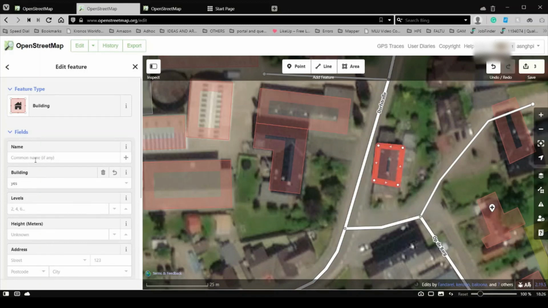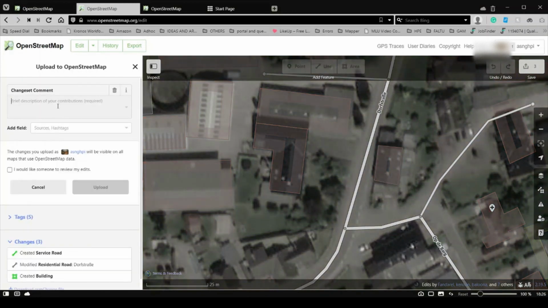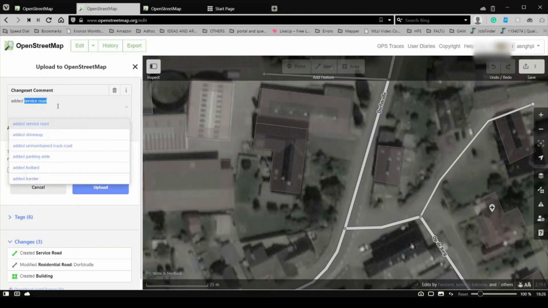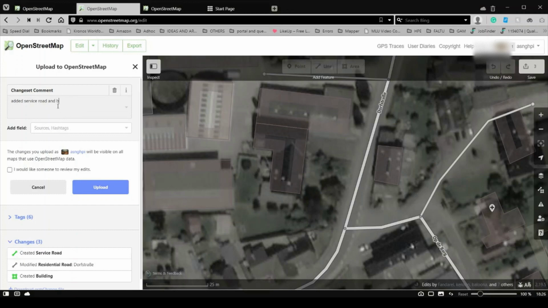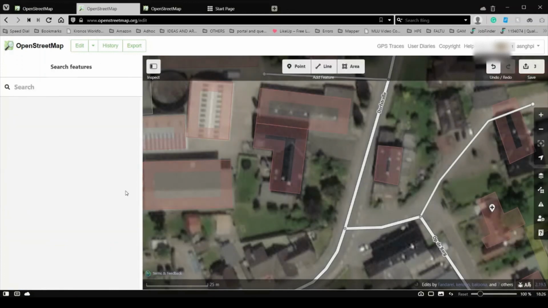The area will turn red to let you know that it has been created. A dialog box will appear next to the map editor and allow you to label the area you have just defined. There are numerous options. You can be as specific or general as you like depending on what information you know. Again, it is okay if you do not know the specific name of the area. You can leave the section blank, as you will most likely not know the exact names of the areas being mapped. Just label what you can see from satellite imagery, such as lake or building. Also, always remember to hit save at the top of the editor. Please pause this video and take a moment to practice mapping.